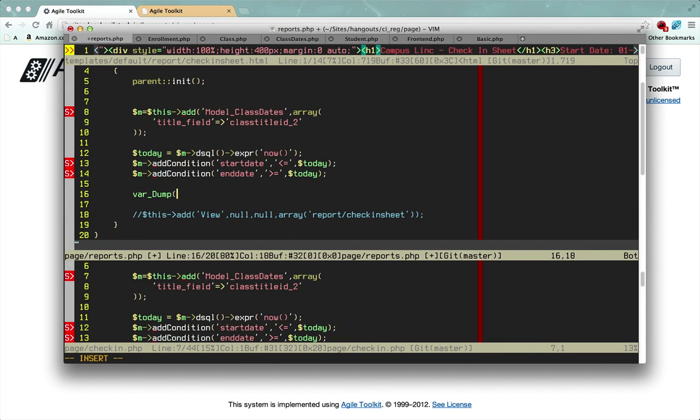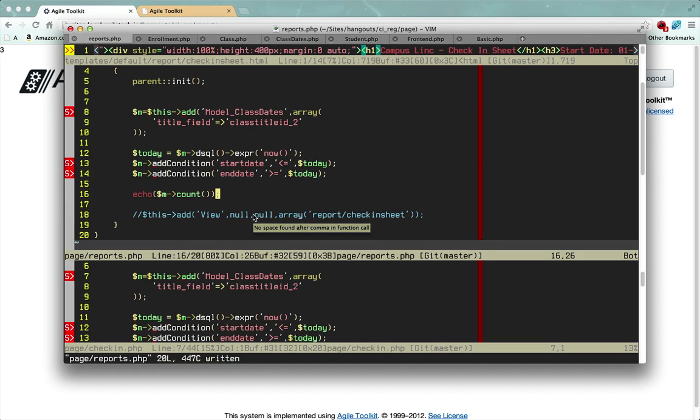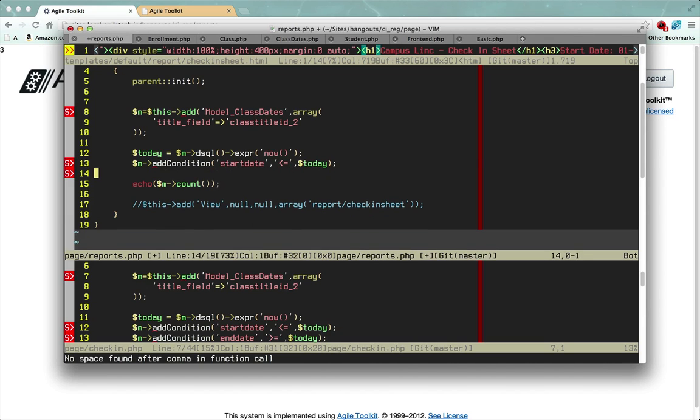I want to see how many classes there are, so what I'm going to do is count. Okay, cool. It's 3 classes. Lovely. And if I drop down the end date requirement,